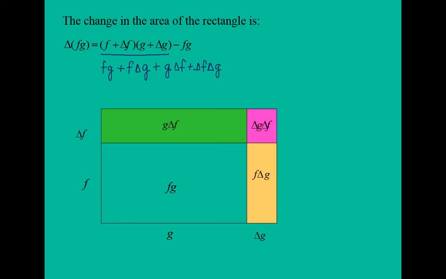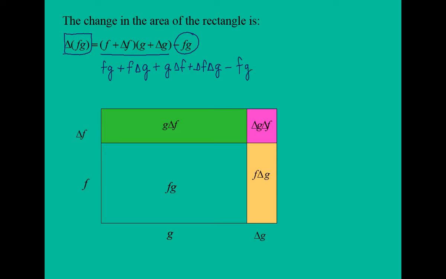Now, the reason we're subtracting off f times g is we simply want the change in f times g. So to represent just the change in f times g, which is our colored areas, we would need to subtract off